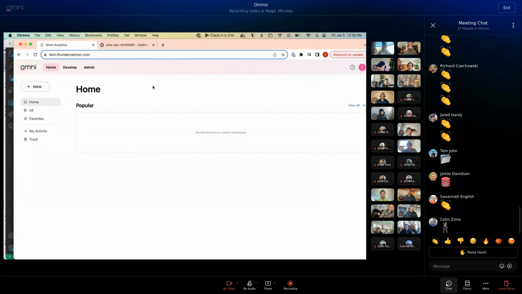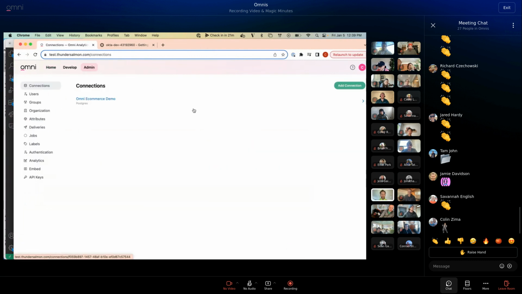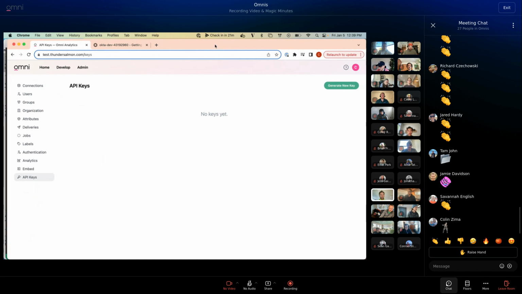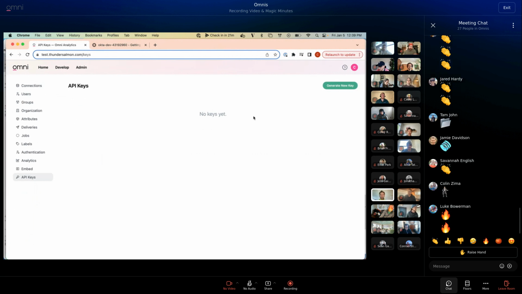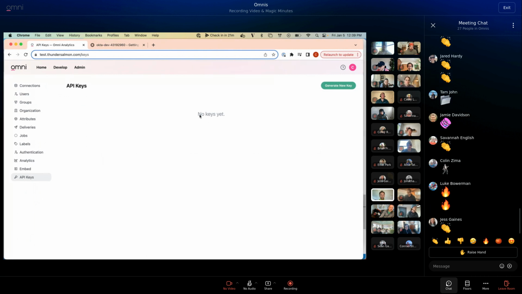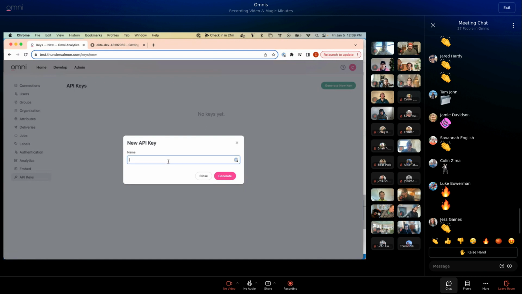I built an API that we can use for Skim, which is user provisioning. I've actually demoed Skim before. I did a spike on it a few months ago, but now it's fully tested and supports real API keys. So we can go into settings, generate a new API key, give it a name,